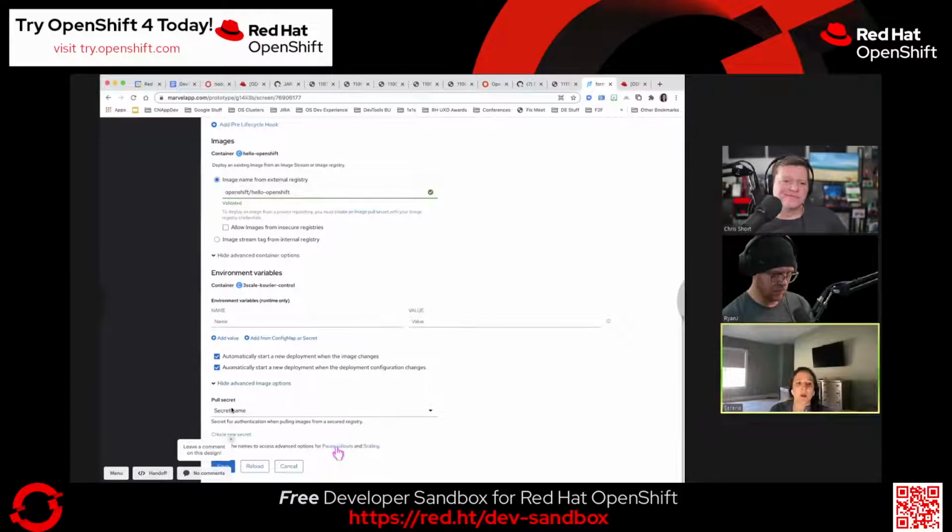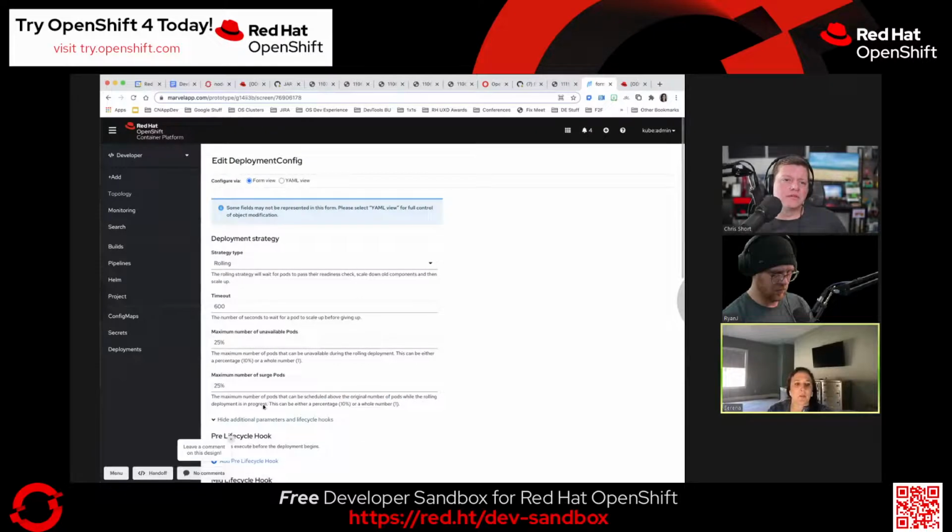You can also define your pull secret as well as create a new one on the fly, and you can pause your rollouts as part of an advanced option. So again, we think that this is a nice addition for the user experience for those form-based edits. And these are right now targeted to 4.8, not confirmed, but targeted for